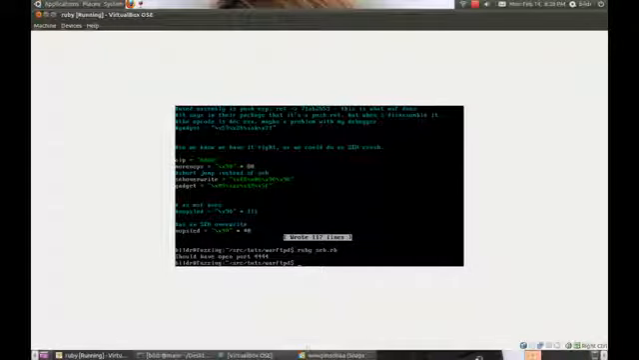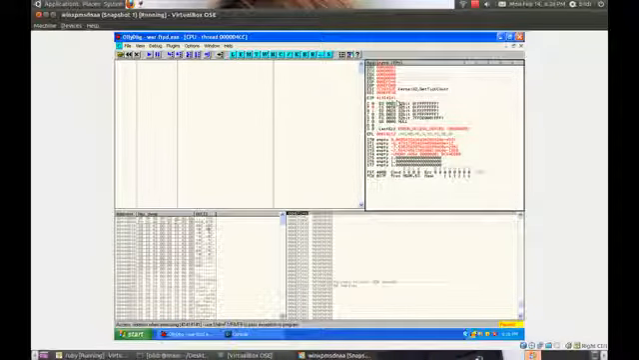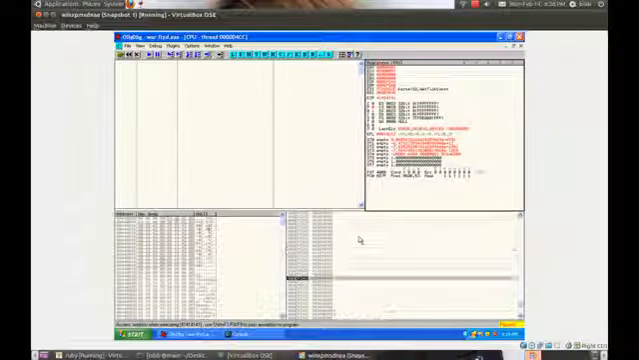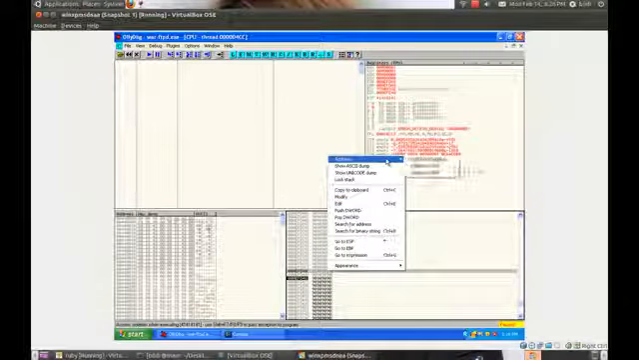Alright, and it thinks we should have something here. EIP is overwritten by 41414141. And when we look in the stack here, this is EIP. And we can now look at our